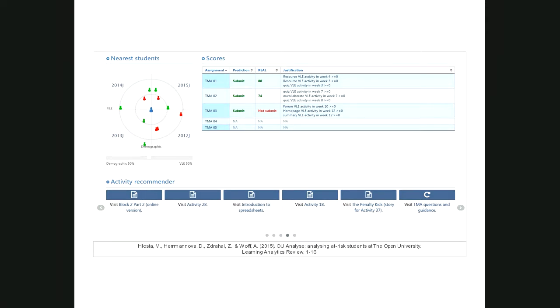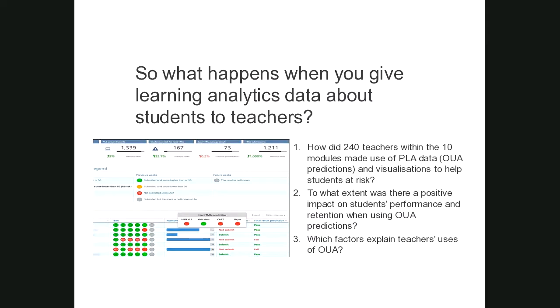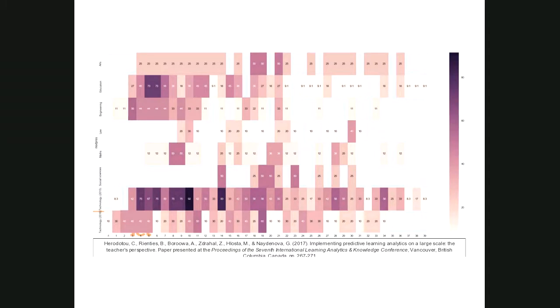So then the question is, okay, what would happen if you then would give this analytics data to teachers, you might ask? And what we did was we gave 240 teachers this learning analytics data in 10 modules, and 600 teachers decided they didn't want to use this for some reason or the other. They thought it was perhaps too scary. And the next slide, again, a health and safety warning, is a heat map of the actual engagement of teachers using this analytics system. And I apologize again because of the small font size.